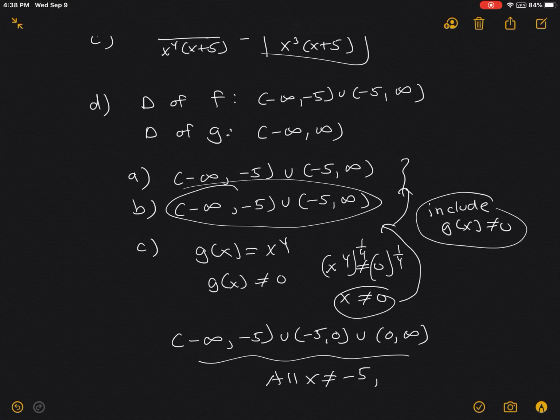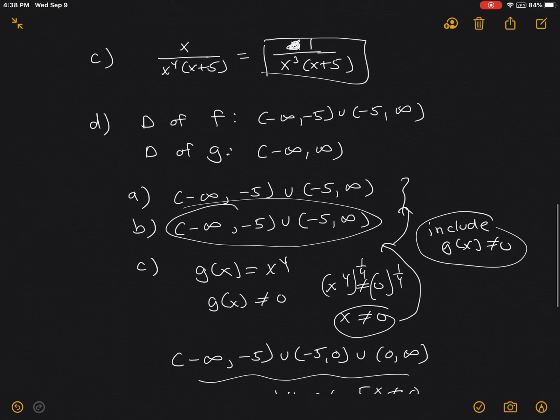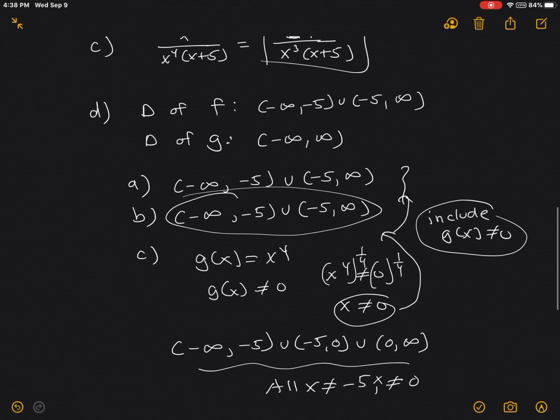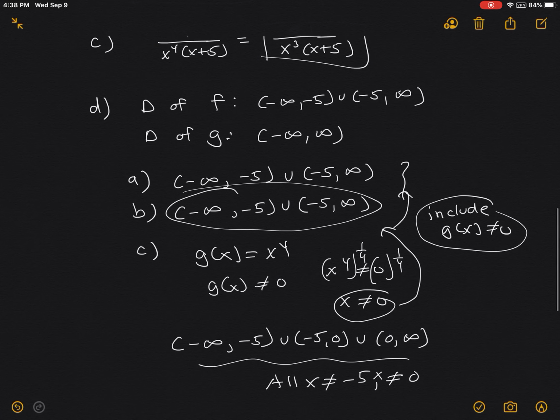Basically, this is saying all x cannot equal -5, cannot equal 0. That's what this is in interval notation. Okay, so I know this looks a little bit tricky, but hopefully you get the idea after doing 4 examples. And again, if you have any questions, feel free to email me or come into